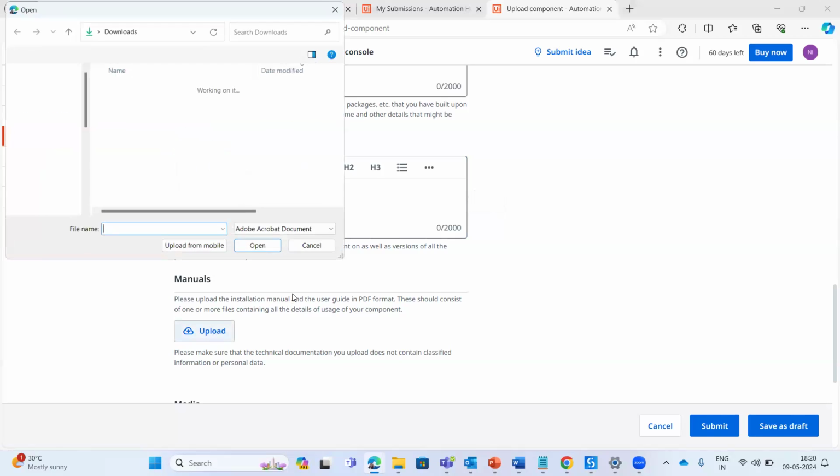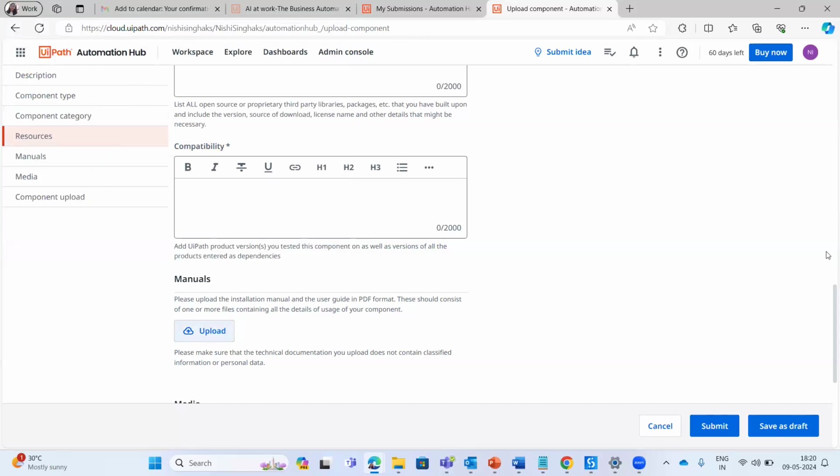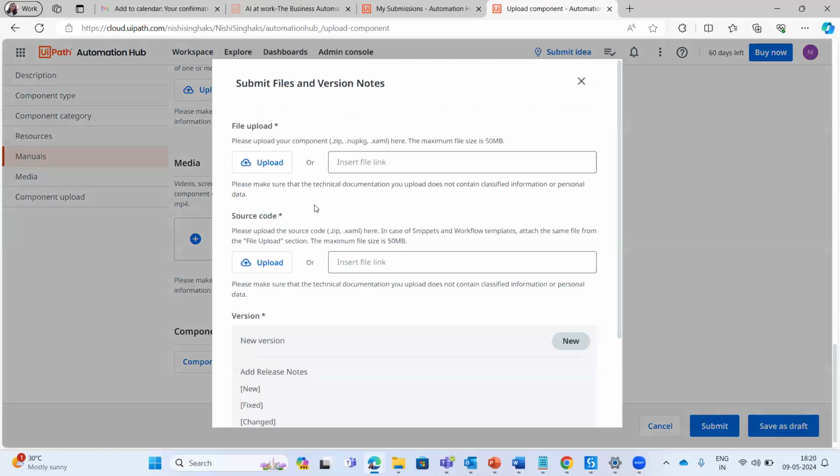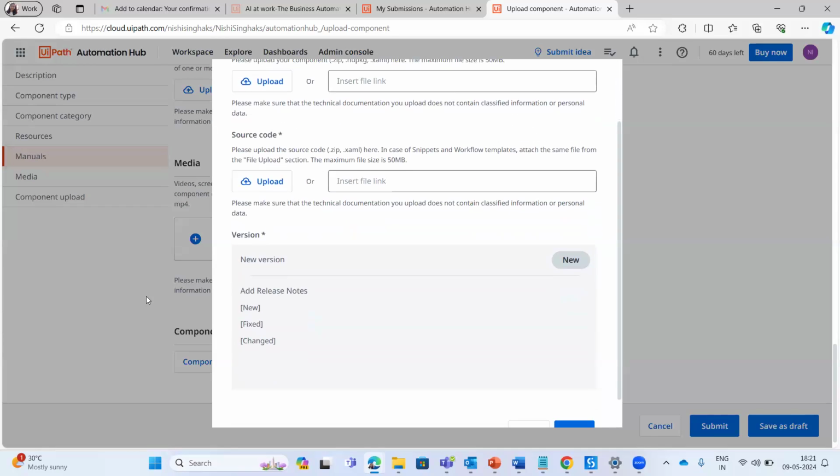When it comes to upload, what you need to do is that when it comes to component upload, there are two things that you need to provide. The first one is the file upload. That is your NuGet package that you have defined. The second one is the source code associated with it. Okay. So you will have to add both of them over here, the NuGet package as well as the source code. Now, once you have done that, you need to specify the version for it and the release mode. So